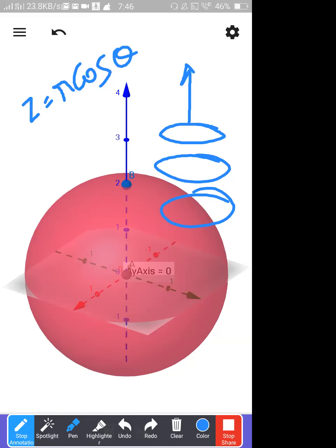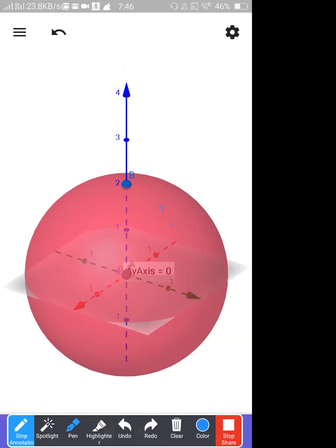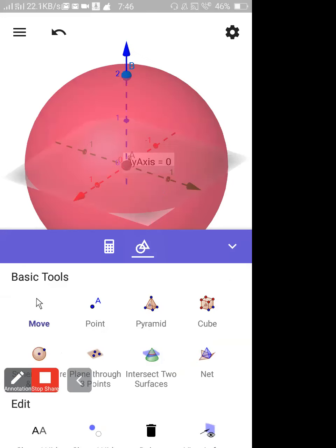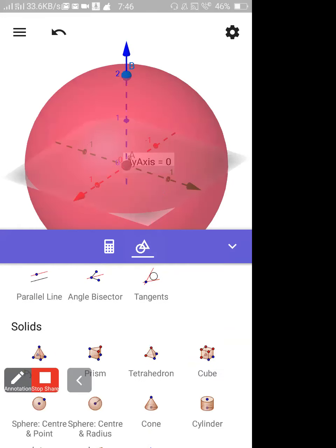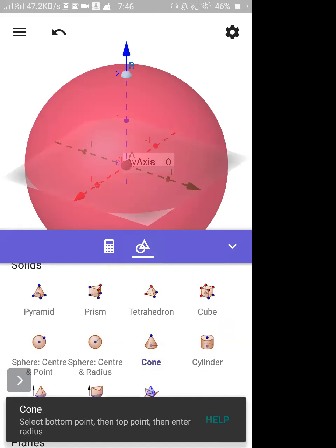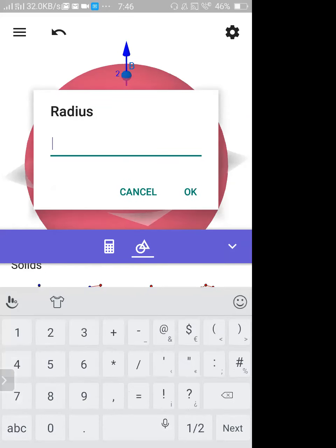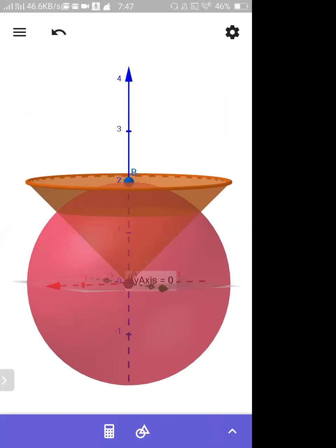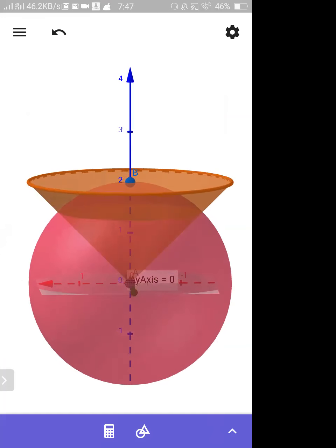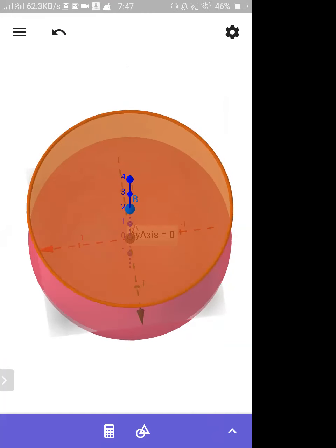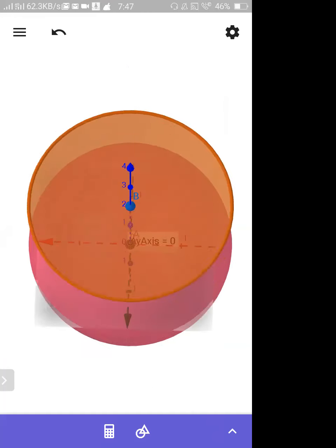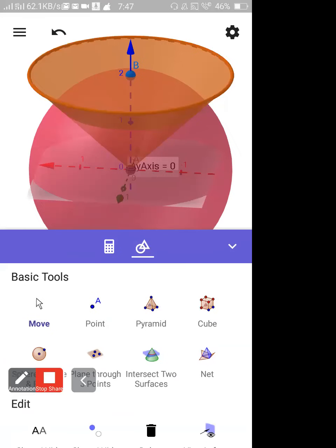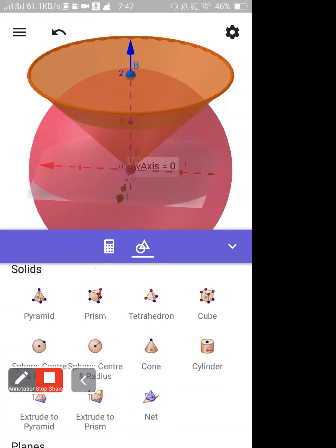So anyway, to show that, I will take some cone. Then you will understand why it is independent of phi. So we'll take a cone. Now I can choose. See, are you able to see that intersection of cone with sphere? That is like a circle. That intersection also you can see.